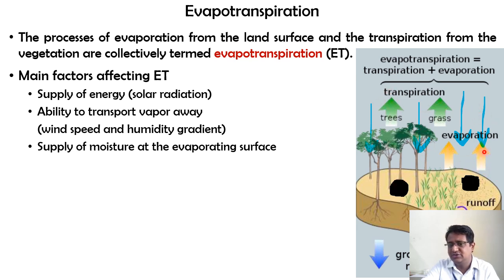Once this water has fallen on this, what will happen next? First, a part of the water will be absorbed by the soil. If it is not moist, then it is going to absorb that moisture and become saturated. Once it gets saturated, what will happen? Even if the rainfall is still continuing, the water will slowly start to percolate.